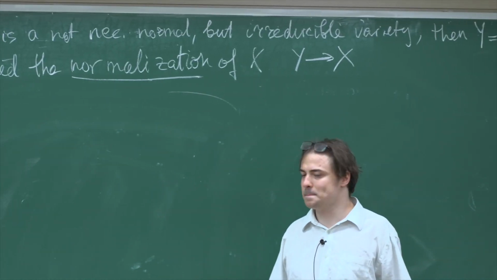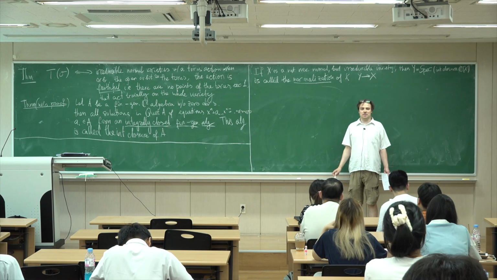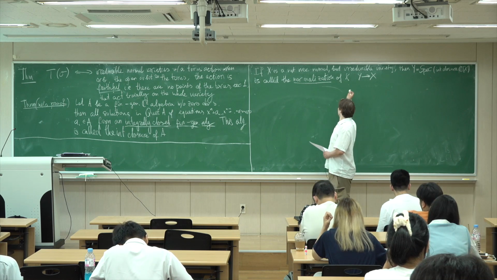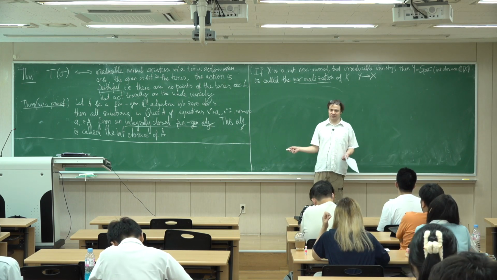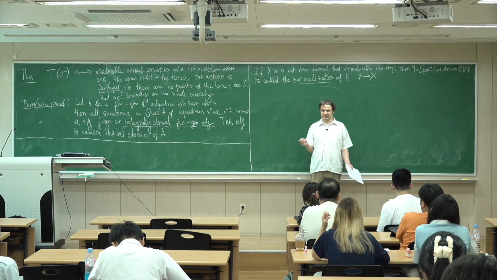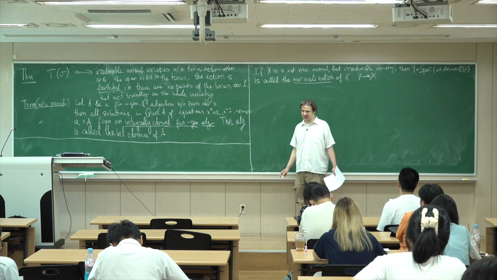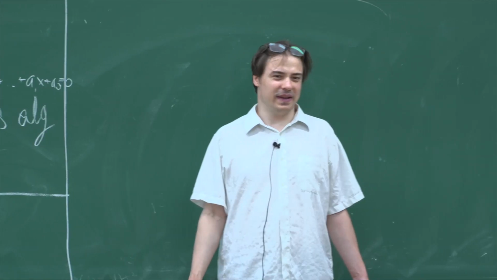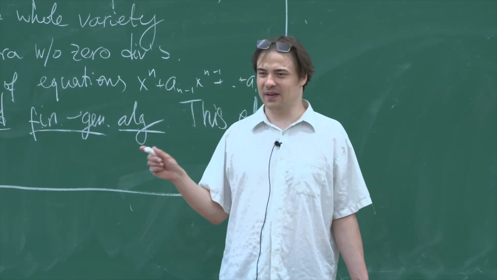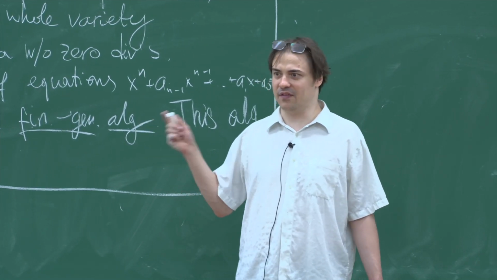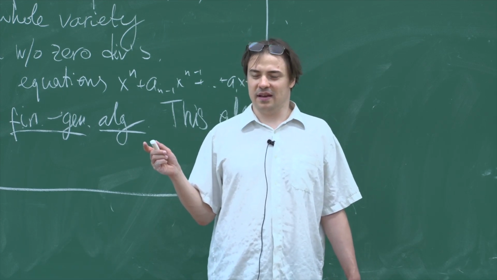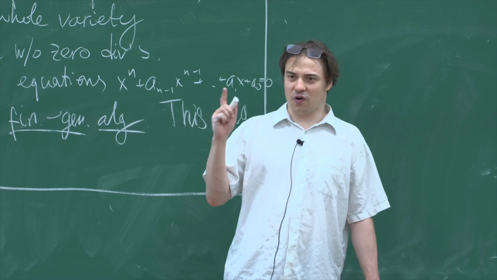Any questions here? So, well, this is just a theorem without proof. And we don't have time to study the properties of this morphism, but it is quite close to an isomorphism, informally speaking. So every irreducible variety can be almost isomorphically replaced with a normal variety.